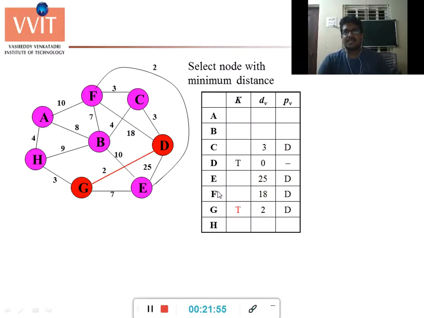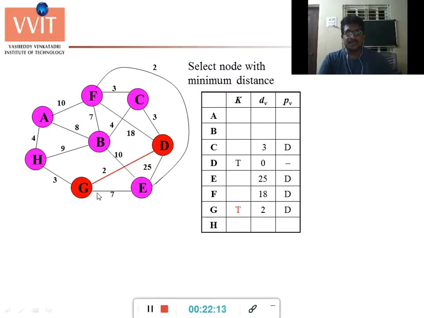And the next step is a very important step. You need to update this distance table or edge weight table. Now what is meant by updating the edge weight or distance table?